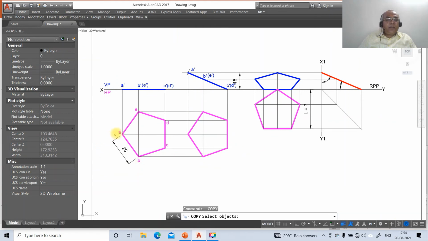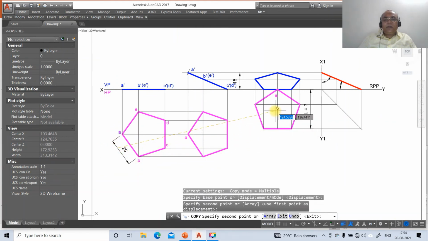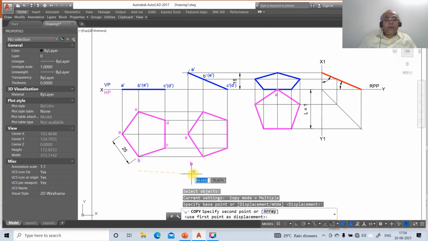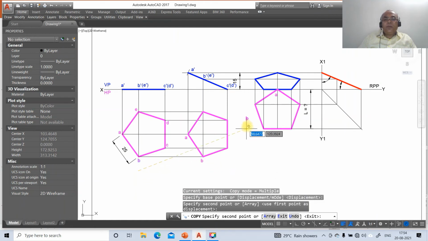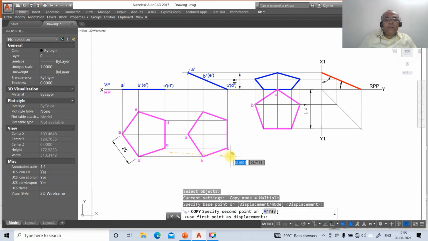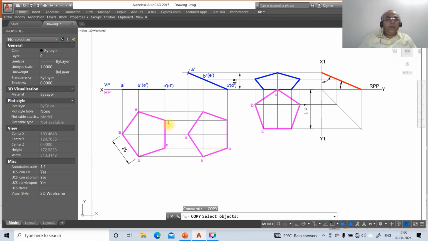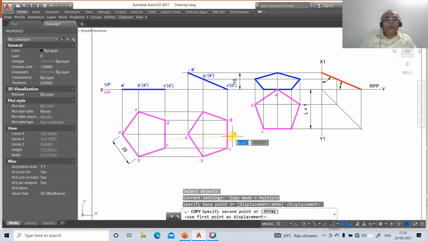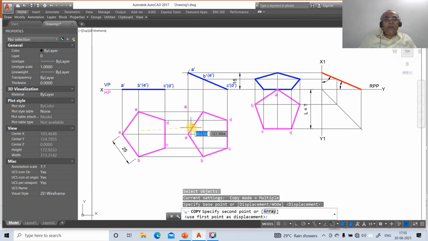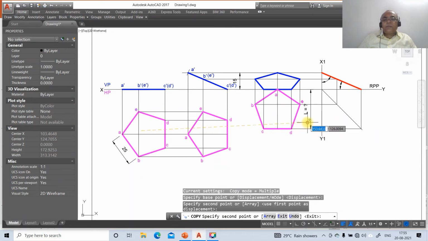Once you do that, then you copy A will come here and that A will come here. In the next position, go to B, take B here and when you rotate in clockwise, that B will come here. Then you take C, that C will come here. Then go to D, that D will be copied here. Then you copy this E here, then that E will come here.